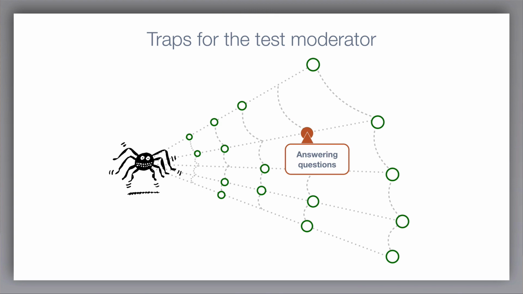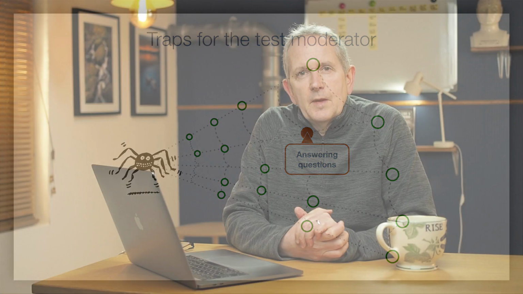The first one is around answering questions. So in a usability test, you want your participants to ask you questions because that indicates that they're struggling with something in the interface. How do I get back to the home page? How do I go to the next step of the workflow? Those are questions that the usability test participant might have, and they give you some insight into the problems that